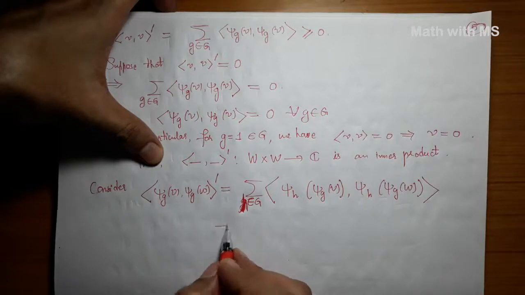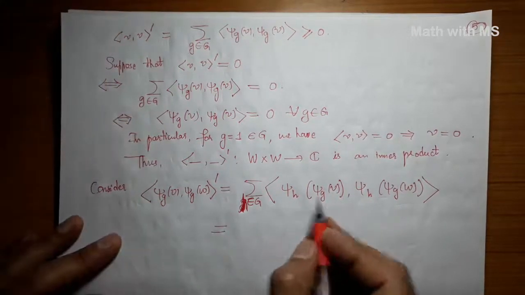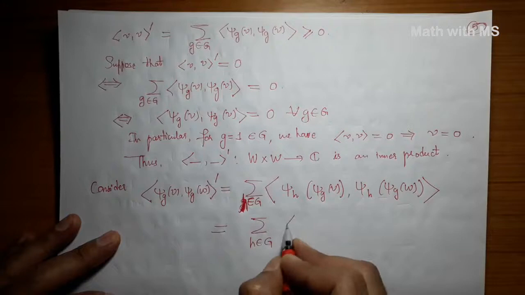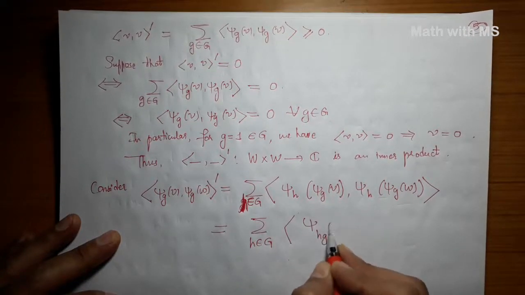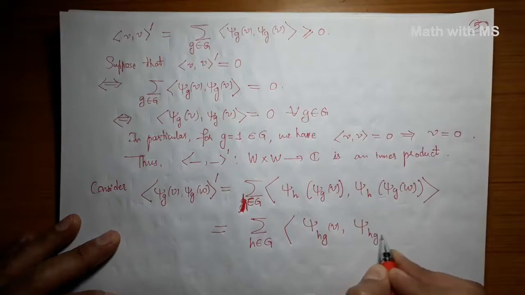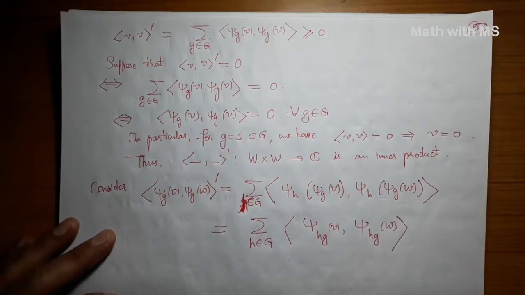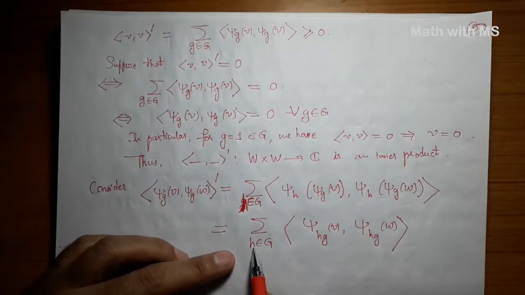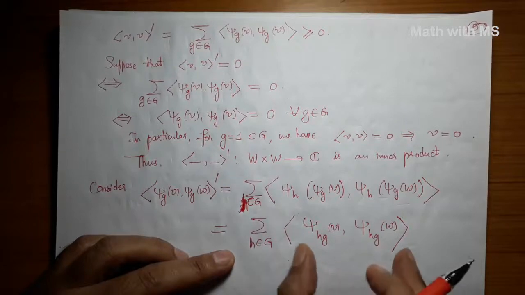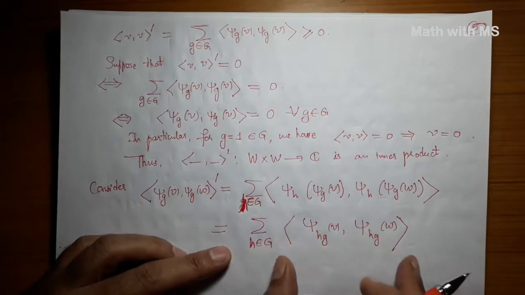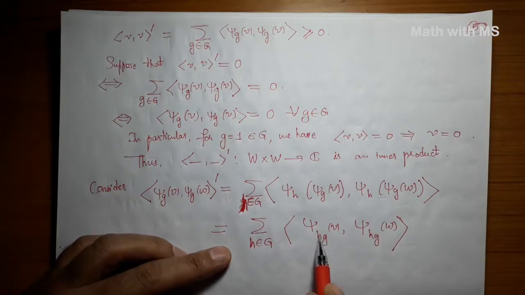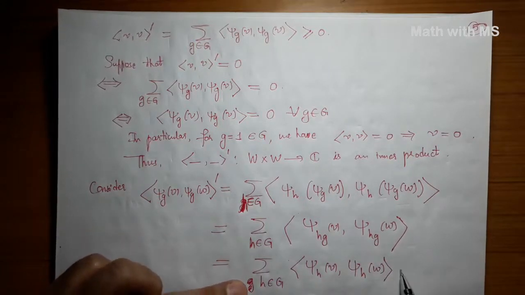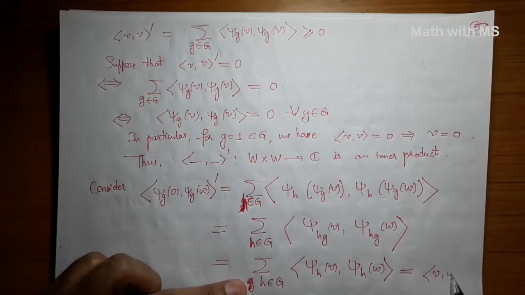But now you see what is this? ψ is a homomorphism, so you can write it as the summation over h in your group G of ⟨ψ_(hg)(v), ψ_(hg)(w)⟩, the standard Hermitian inner product on C^n. Now you see g is a fixed element of the group G and you are multiplying by the group element, so this total sum will again be the same. Or you can just do some change of variable and you can see that this is just the same as, but what is this? This is just the new inner product (v, w) prime.